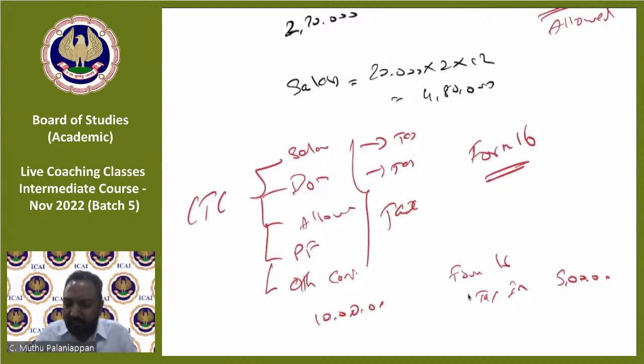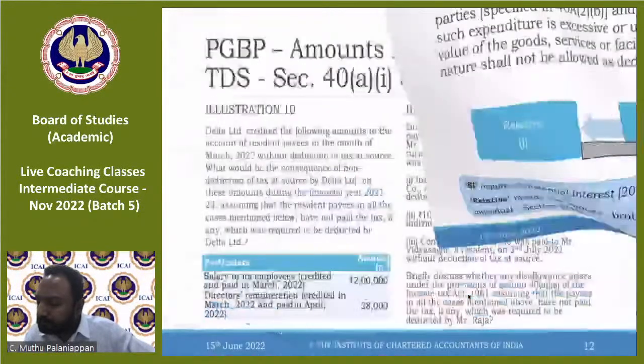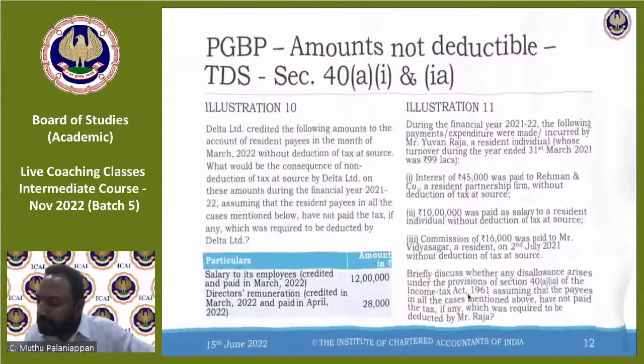Illustration 13, they have written the provision on book profit. Should we also write this in the exam, or directly do the numerical part? See, you should solve the problem. If you actually look at illustration 13 here, let me go to that. Where is it? We are ready to come to illustration 13, right?